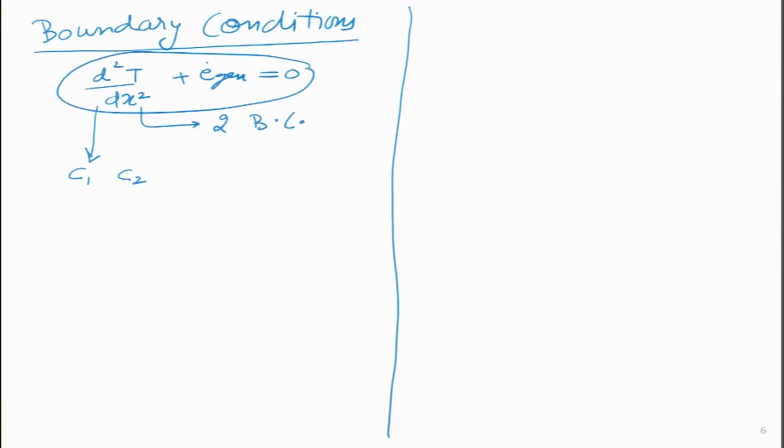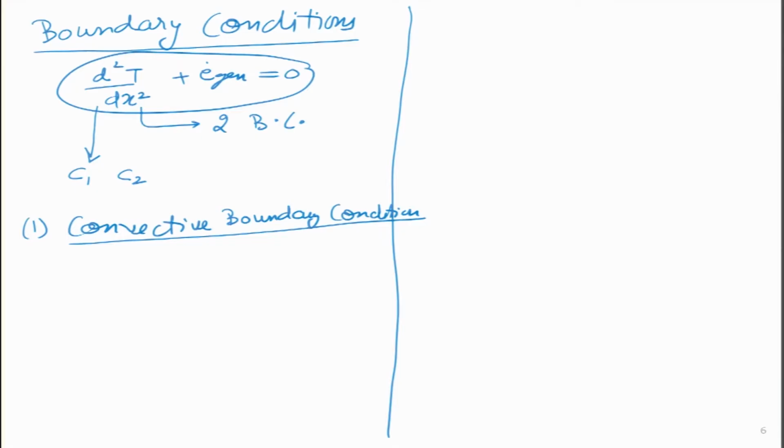The most useful boundary condition is the convective boundary condition. I will explain in a little while why it is the most useful, because once we study it, it automatically gives 2 or 3 more boundary conditions just by changing its own values. So, what we mean by convective boundary condition, let me draw a sketch over here. Let me say this is my wall, and I will draw the middle point over here. This is the mid plane.